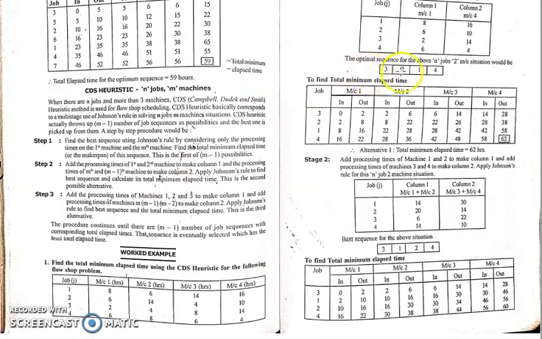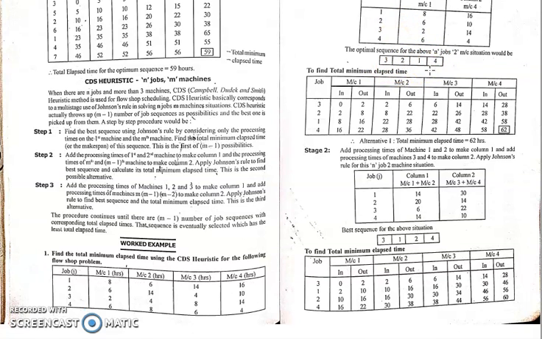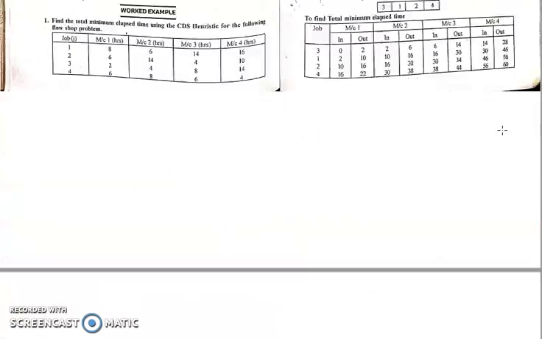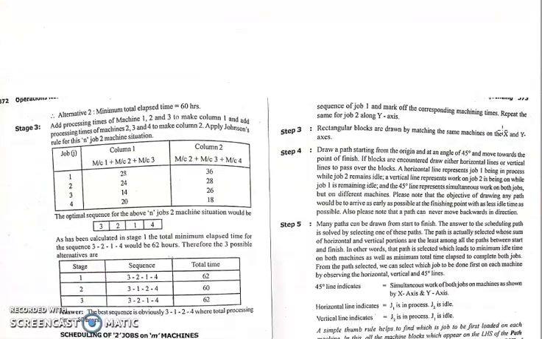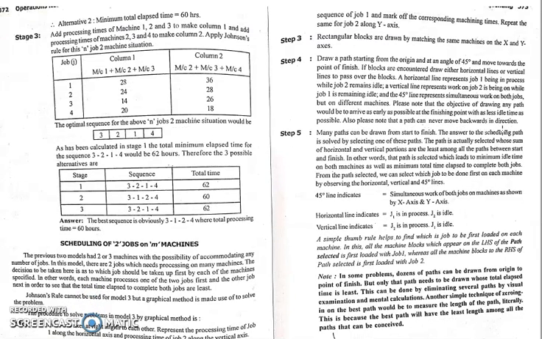See here, in the very first iteration, the 3 2 1 4 sequence we have got, and for that particular sequence we found the solution also, right? So no need to solve here once again. So just write stage 1, stage 2, stage 3, or iteration 1, 2, 3, and the sequence which you have got for the first iteration, that you write here. Okay, and what is the total time you have found out, that you tabulate here.